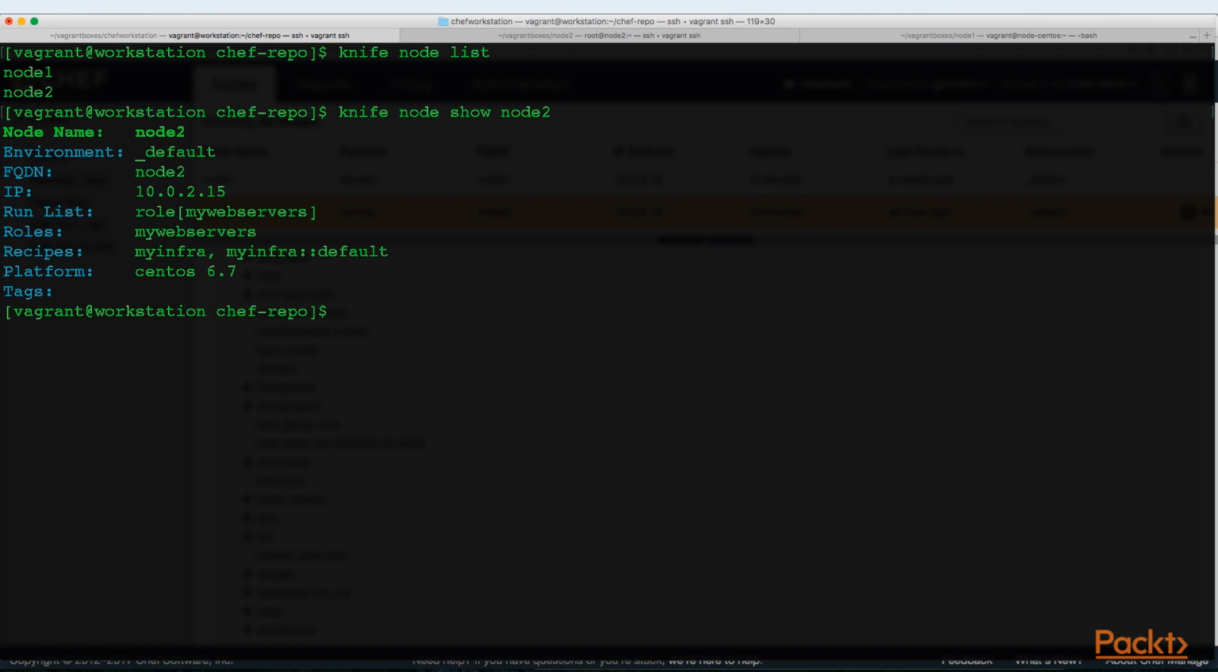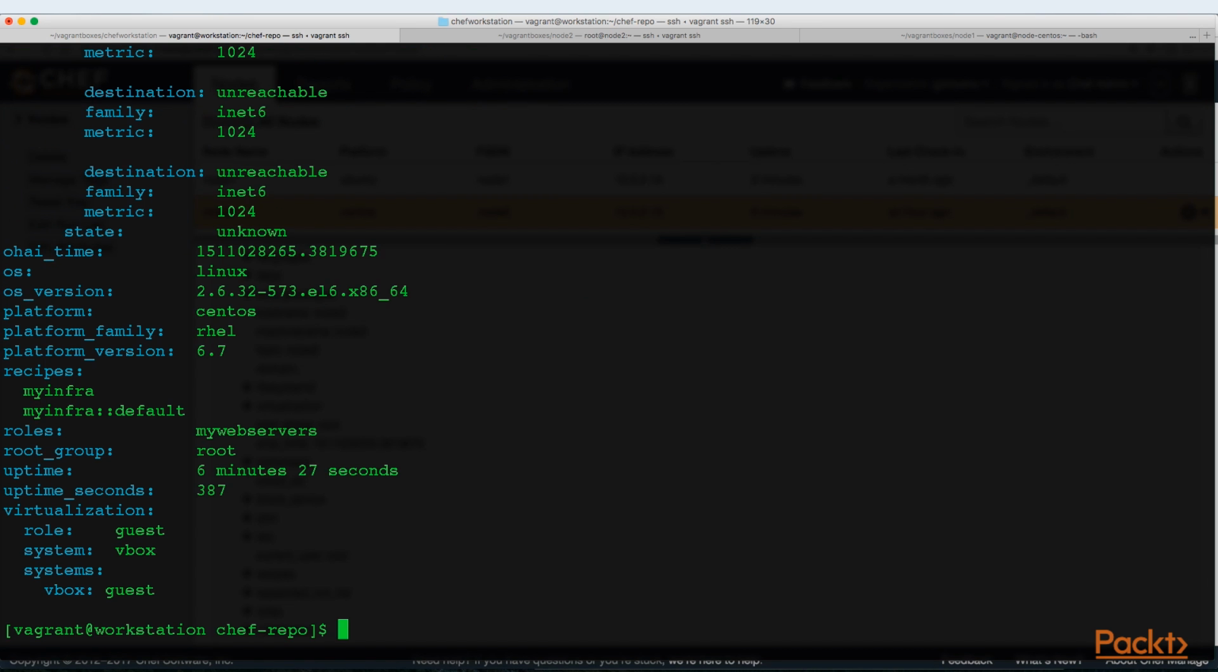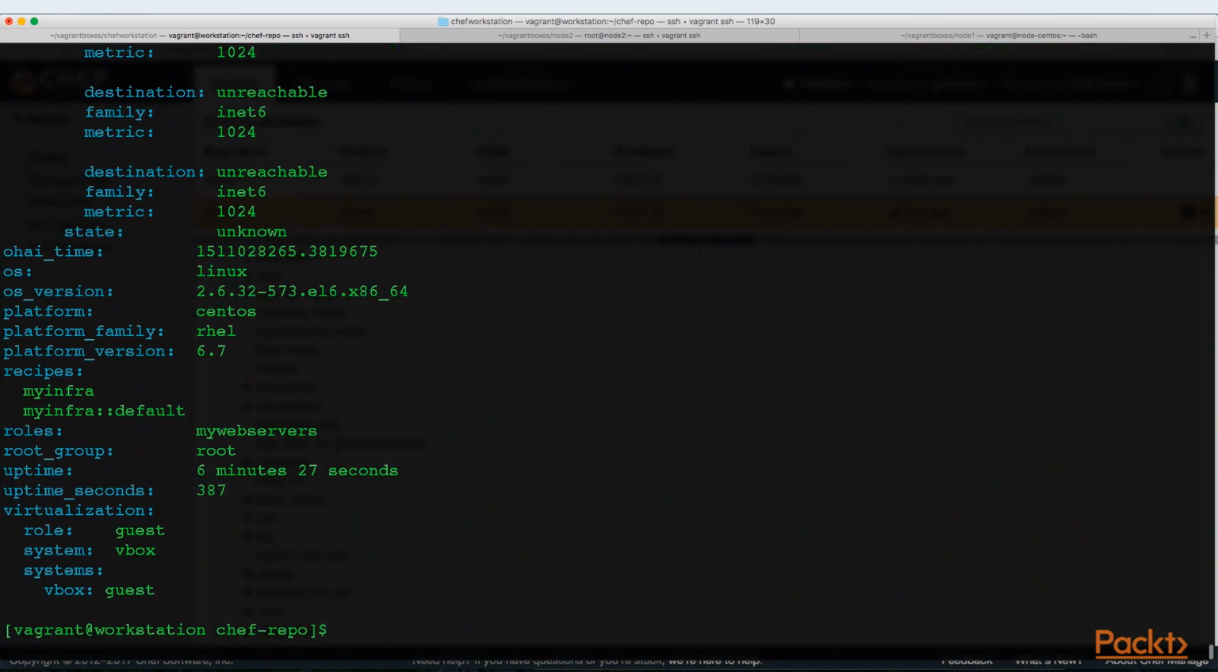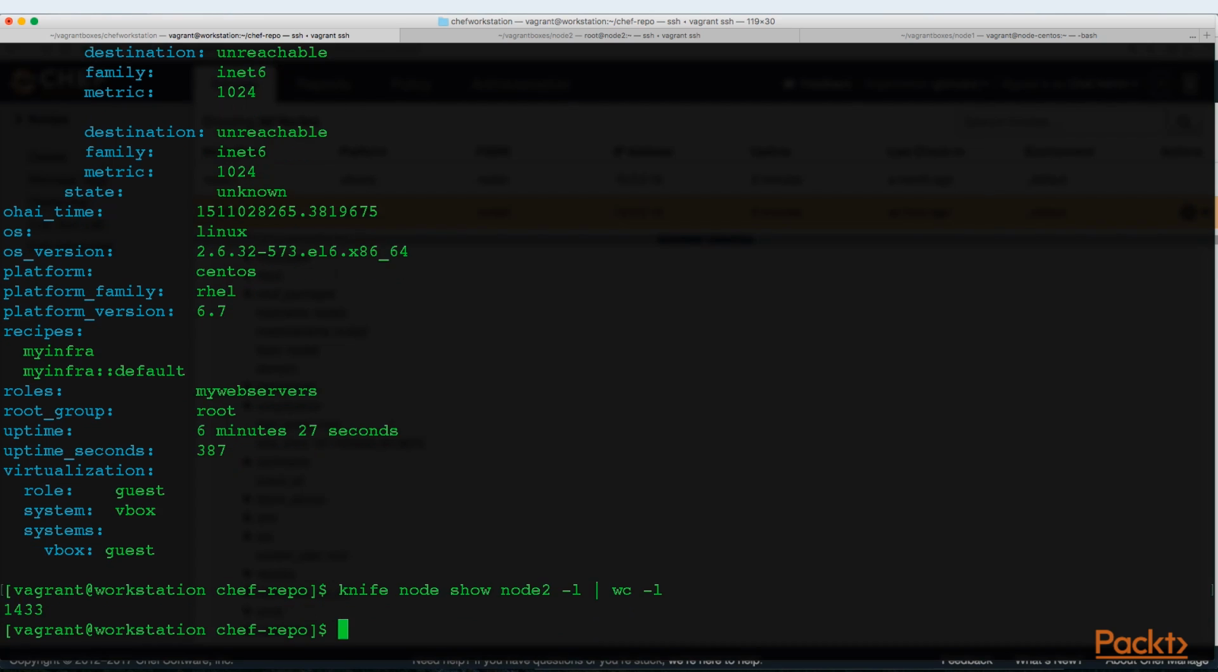Let's say I want to get the full details or the full list of the attributes which are associated with that node. I do a knife node show node 2 space -l. Hit enter. And it gives me a lot more detailed list of the attributes which are associated with that node. Now, if I want to check how many of them are there, let's do a word count. And if I check the number of lines, I have 1433 lines for this node object. So typically if I take 2 lines per property, then still I have more than 700 properties listed for this